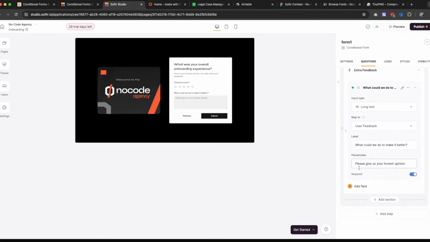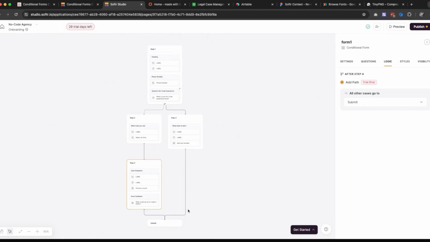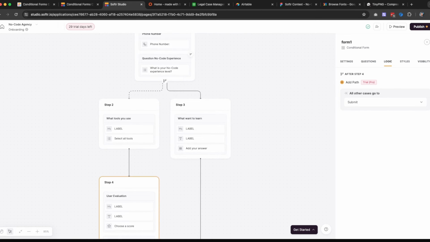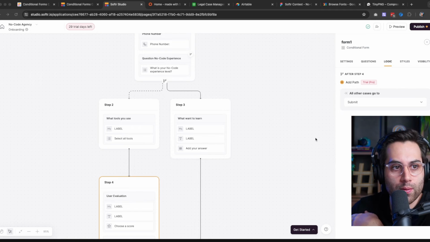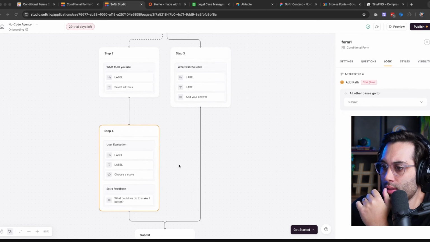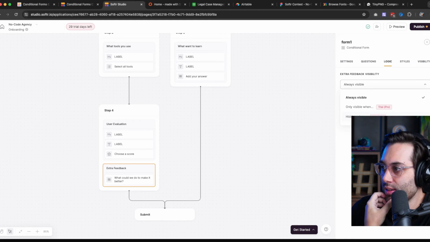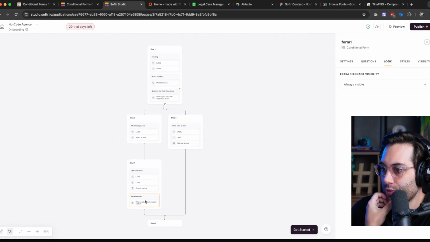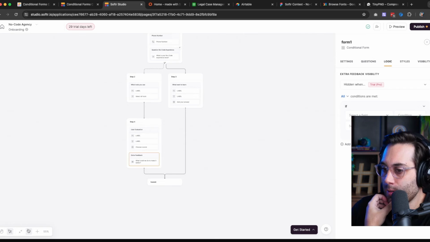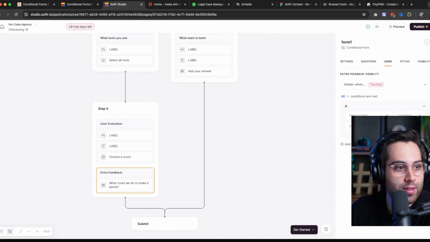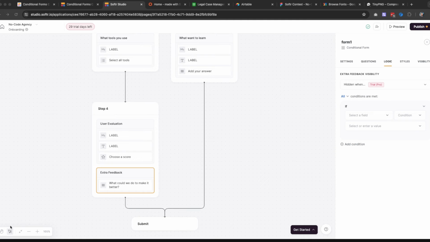and I can now make the logic work for this. So now what I'm gonna do is if user evaluation, which is always visible, okay. Now I'm gonna do this only visible when any condition met. If it's visible, no, right? So I have to get out of here. So